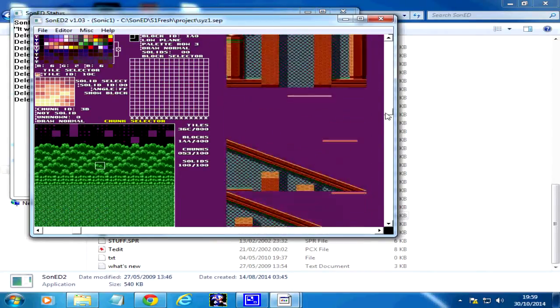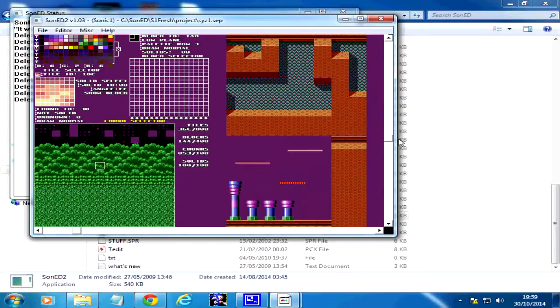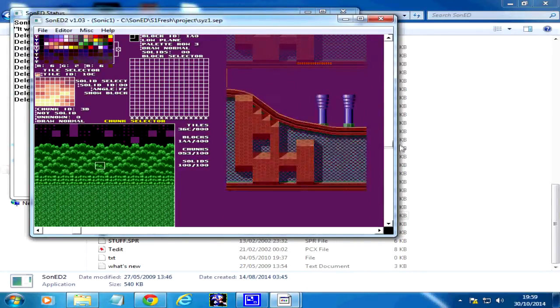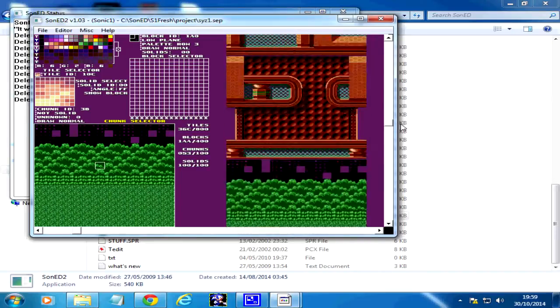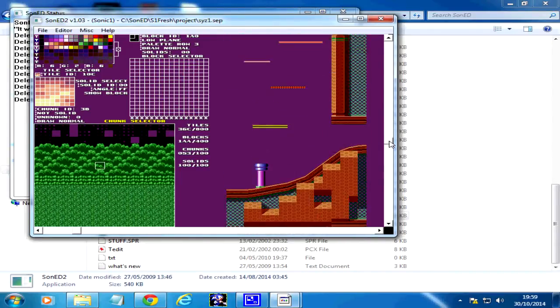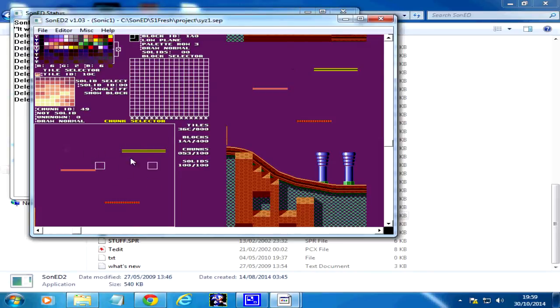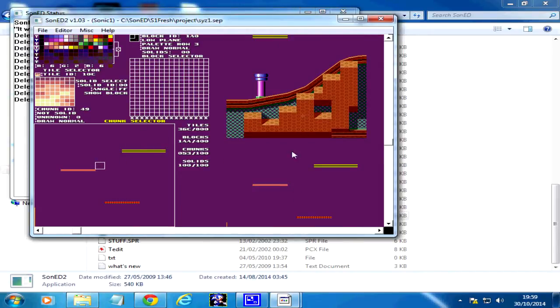You don't have to do the chunks, but you can if you want. I'm going to leave the chunks for now because I'm going to keep things really simple. Something to note is that if you delete chunks and you've got other chunks below, sometimes, say for example I've pasted 49 and then I delete 48, 49 then slots into 48, so I go over